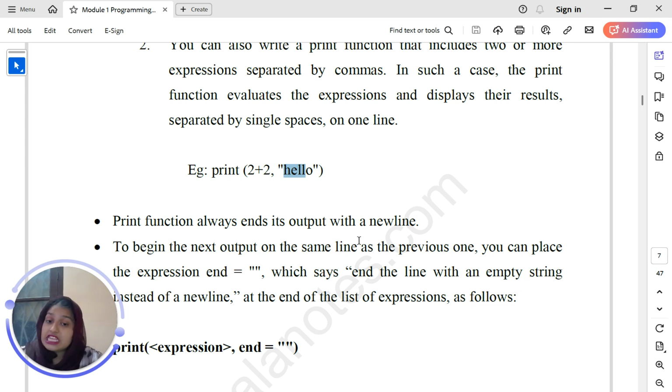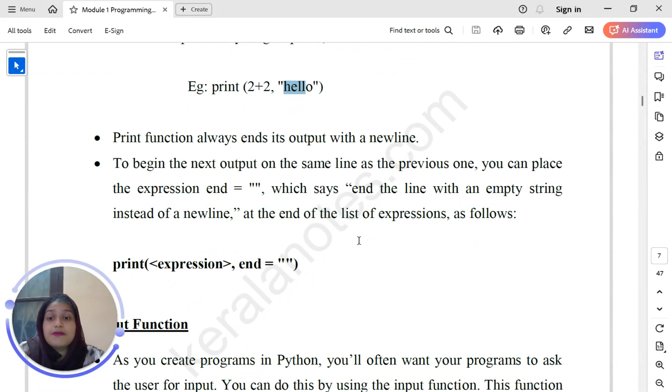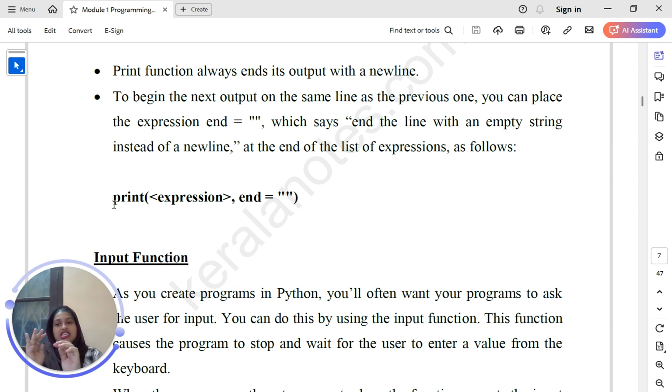To begin the next output on the same line as the previous one, you can place the expression end equal to quotation marks, which says end the line with an empty string instead of a new line. So we use this syntax: print, then inside the parenthesis we give the expression, separated by a comma, and end equal to an empty string, just double quotation marks with nothing inside.